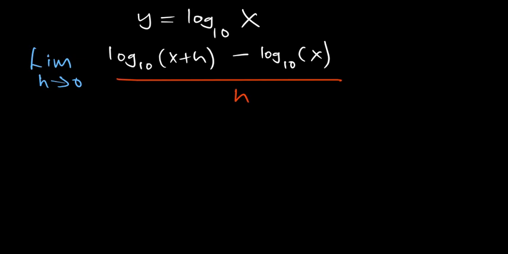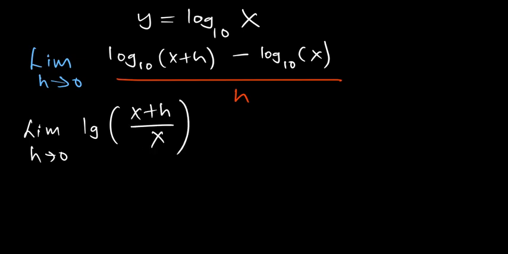How does this unfold? The limit as h approaches 0, and then you have log. You can actually write lg as a shortcut. Even if you're dealing with base 10, even if you don't show a base, it's actually fine. So log of, in the brackets, you can have x plus h divided by x. From the laws of logarithms, when you're subtracting logs of the same base, you can actually divide, over